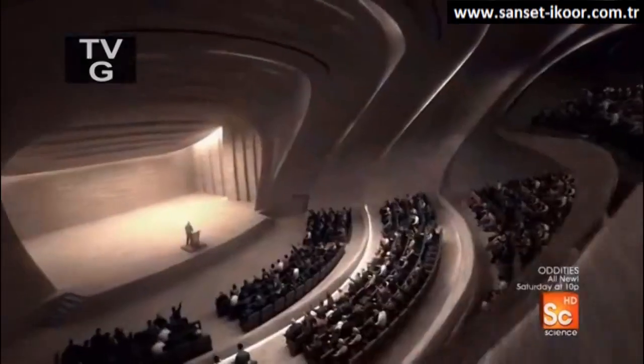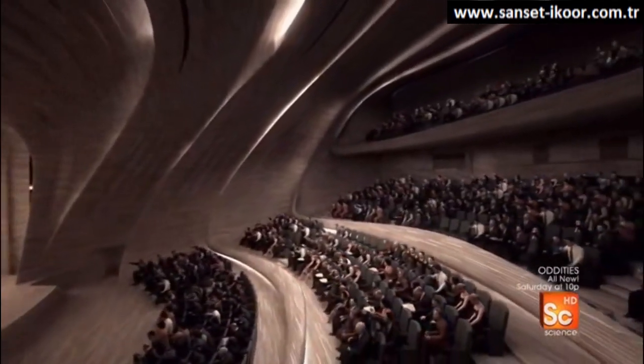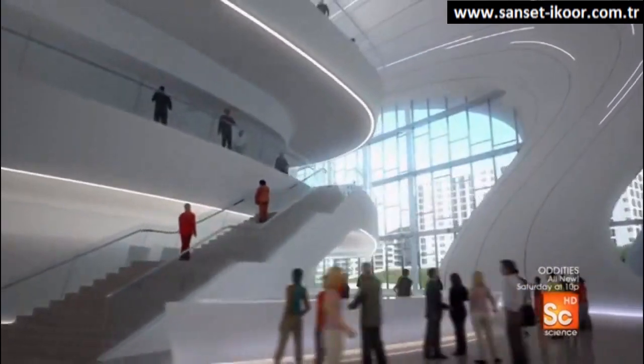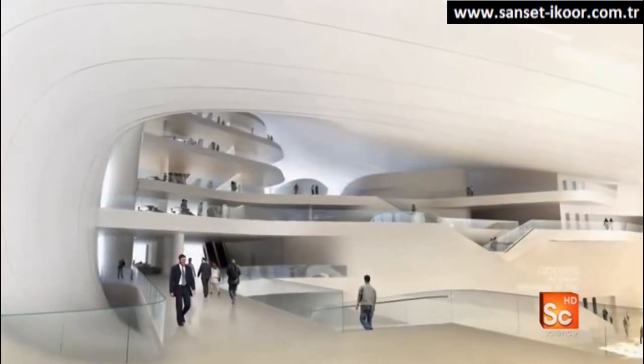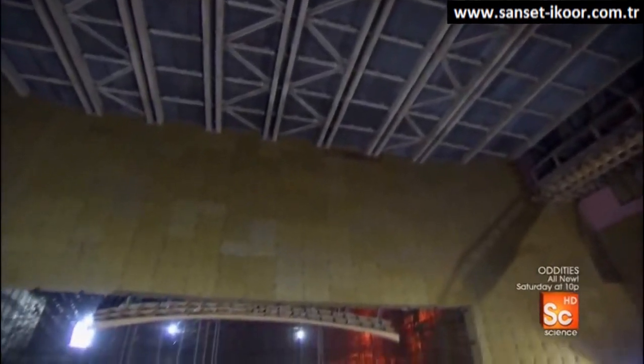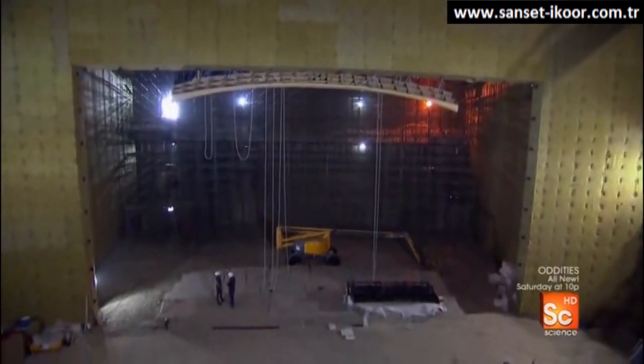Now, the new cultural center is adding a state-of-the-art 1,200-seat venue, one of the biggest in the city, and the first in the world to be built just 200 feet from a library. So we are standing in the auditorium. Yes. Now, tell me a bit about the idea of a concert hall inside of a building that has a